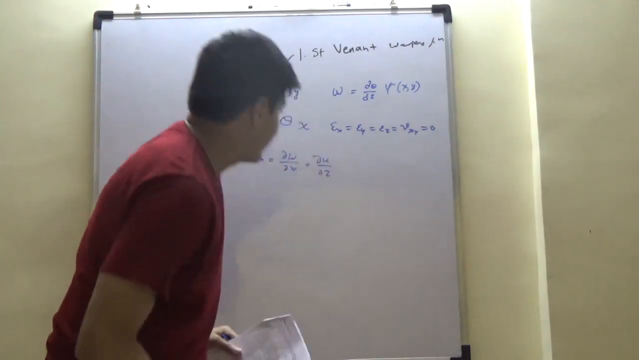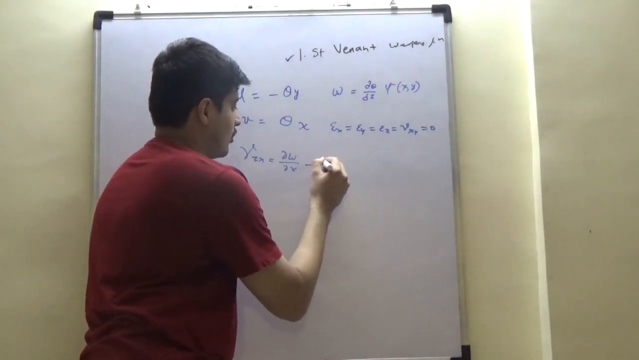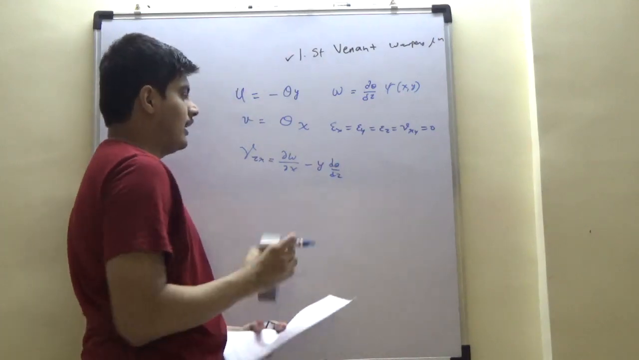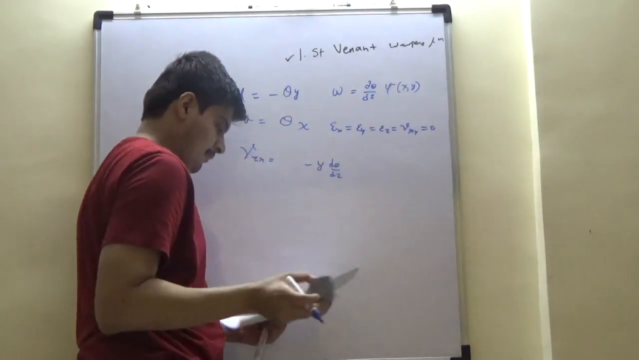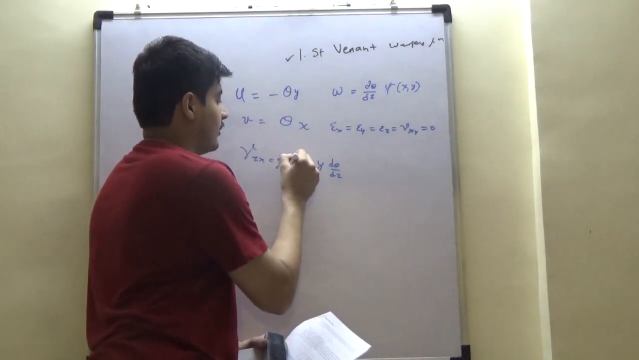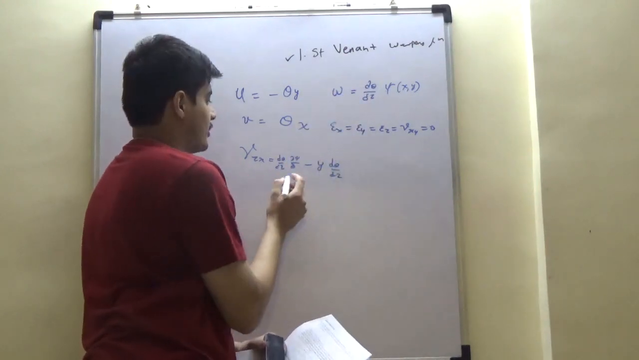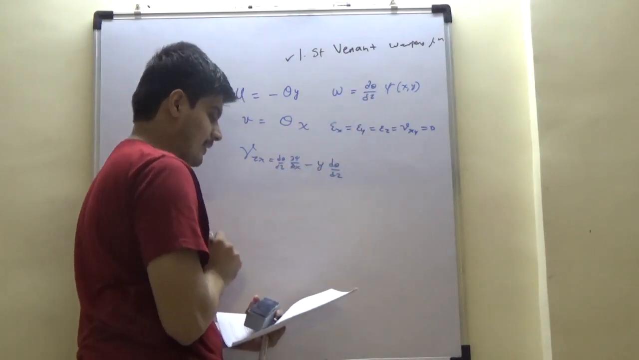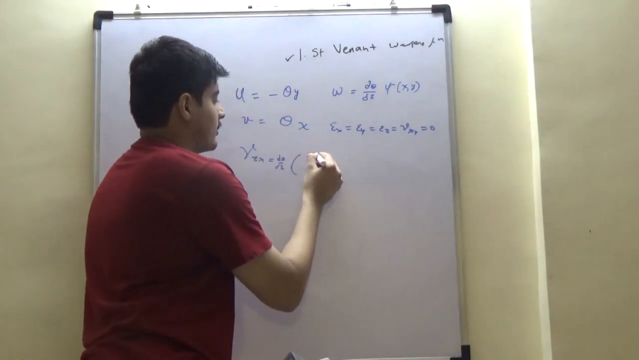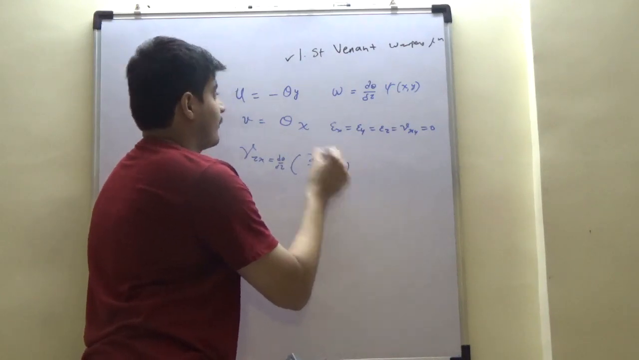And del U by del z, as we know clearly, is nothing but minus of y d theta by dz. And del W by del z here is nothing but d theta by dz del psi, right? Because it is with respect to this, so del psi by del x. So d theta by dz can be brought out, and you have this del psi by del x minus y,